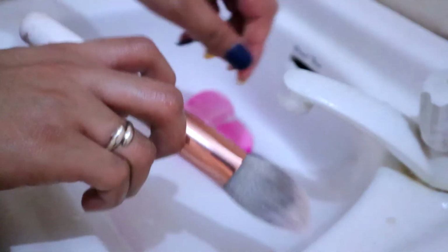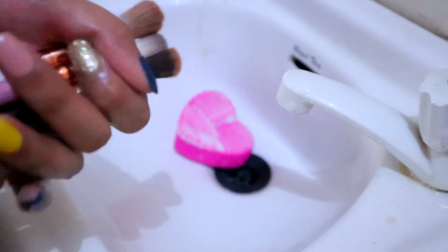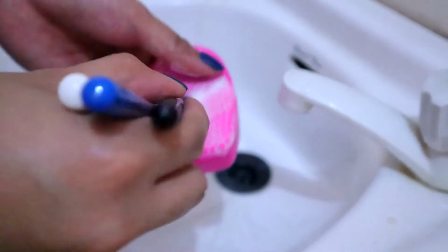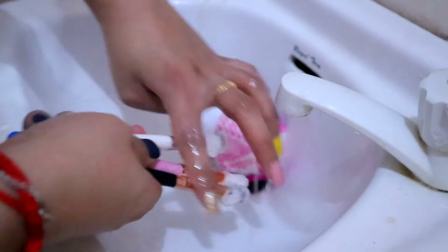Ayan. There. In terms sa eye brushes, kagaya nito, usually, siniset by 3 ko siya. Kasi, mas mabilis pag ganito. And same thing, i-dip ko lang siyang ganyan. And then, brush it off with this brush cleaner. See, you could see na natatanggal agad yung pigments. Okay, kita nyo? The same thing din. Kailangan nakababa or pointing downwards